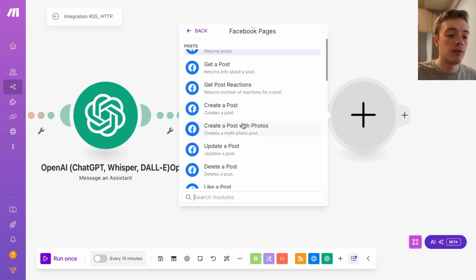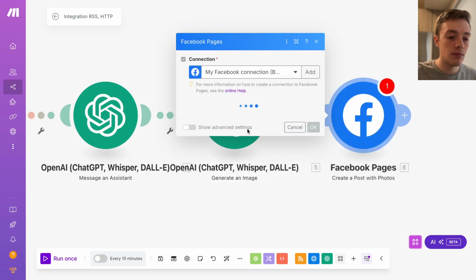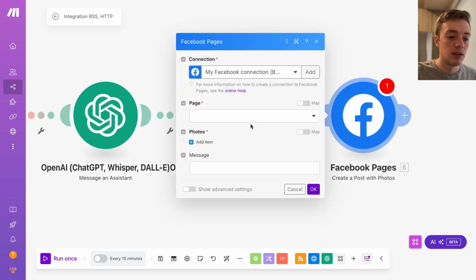So here for Facebook, it's going to be create a post with photos. And make sure to connect your Facebook again here. And for Facebook and Instagram, you will need to create a business page. And that's the only way this will work for those two